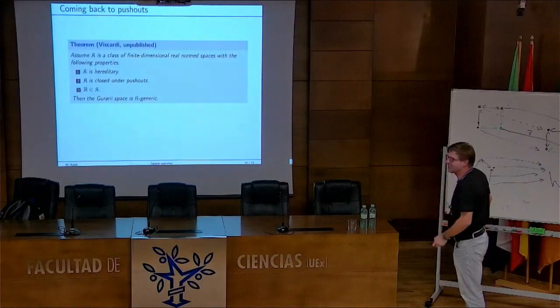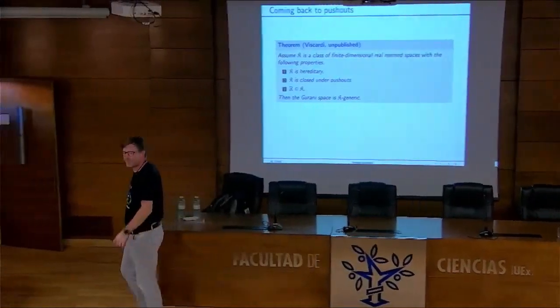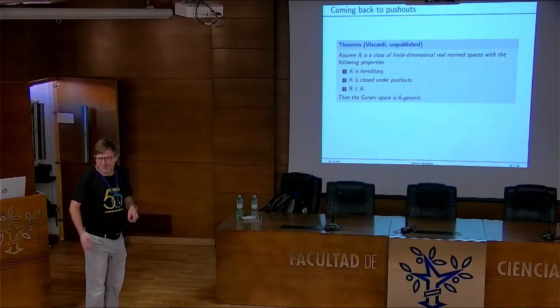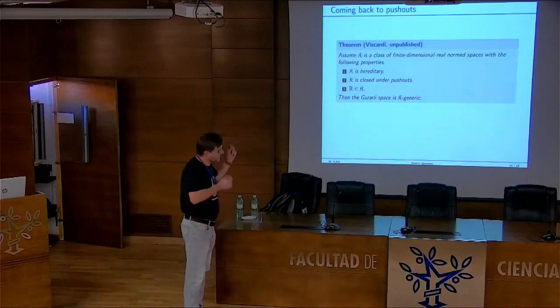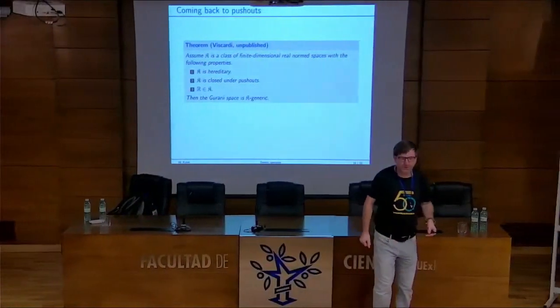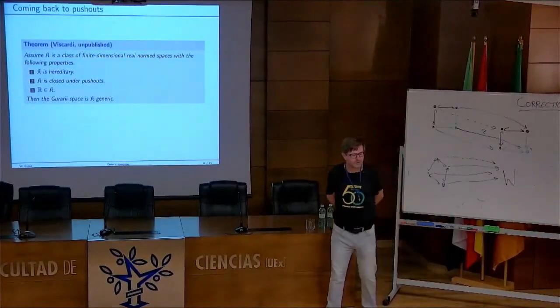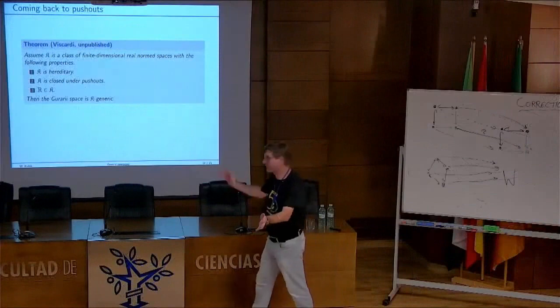So I promised to show this slide, this result of my former PhD student, Claudia Viscardi. Unfortunately, still unpublished, but it's my fault. I was thinking about putting this as a part of a bigger paper. In any case, this is a nice result saying that if we are playing with push-outs and allowing all subspaces, you end up with the Gurari space. There's no way to obtain new Banach spaces. Only when you restrict the class of embeddings to some very special embeddings, then there is a chance. Otherwise, no way.